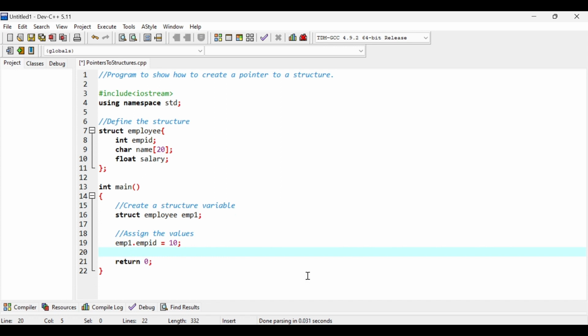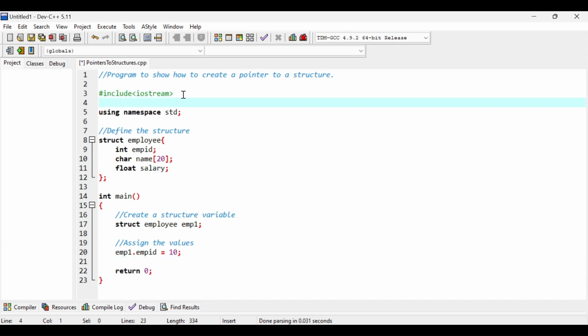In the next step, I want to initialize the name of the employee. For that, I will include a special function called strcpy or string copy function, which is present in a header file called cstring. So my first step is to include that header file called cstring into my program and then I can use strcpy function which is used to copy a string value into a variable.